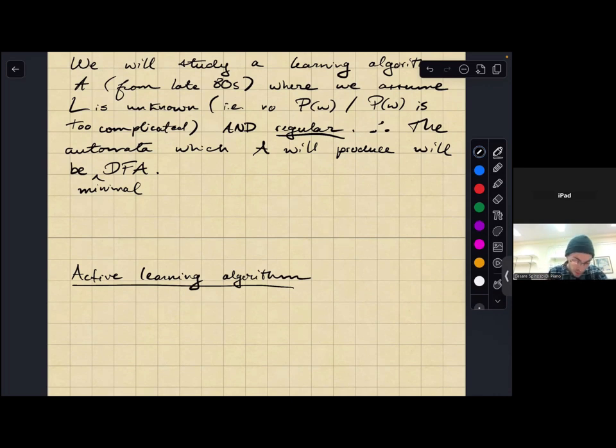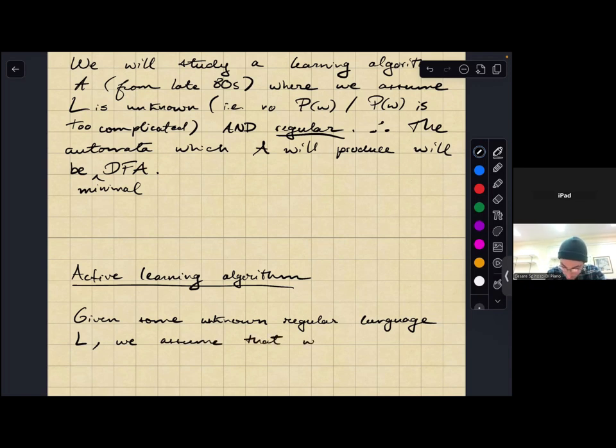The reason is because given some unknown, so I'm using unknown as a shorthand for a language for which we don't know the predicate function, or it's too complicated to describe, and so we only have membership functions. So I'm condensing that down to just saying, given some unknown regular language L, the setting we're going to deal with is we assume